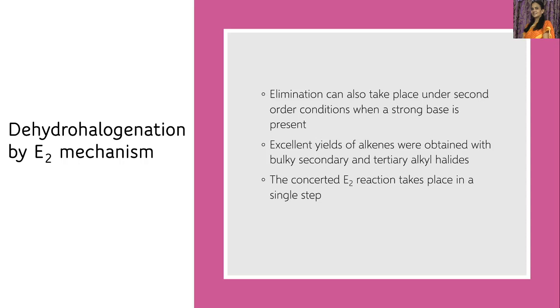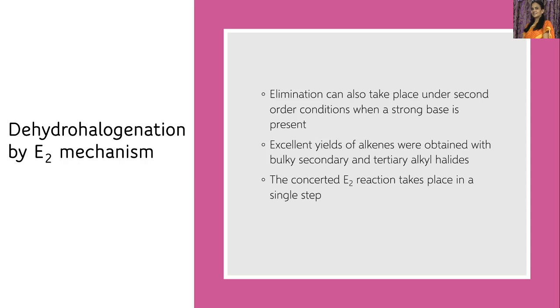Next method, dehydrohalogenation of alkyl halides by E2 mechanism. What is E2? E2 stands for elimination bimolecular. So elimination can also take place under second order conditions when a strong base is present in the reaction mixture. So in this E2 reaction, what is the product we are preparing? Alkene. So the yield of the alkene is more, that is, excellent yields